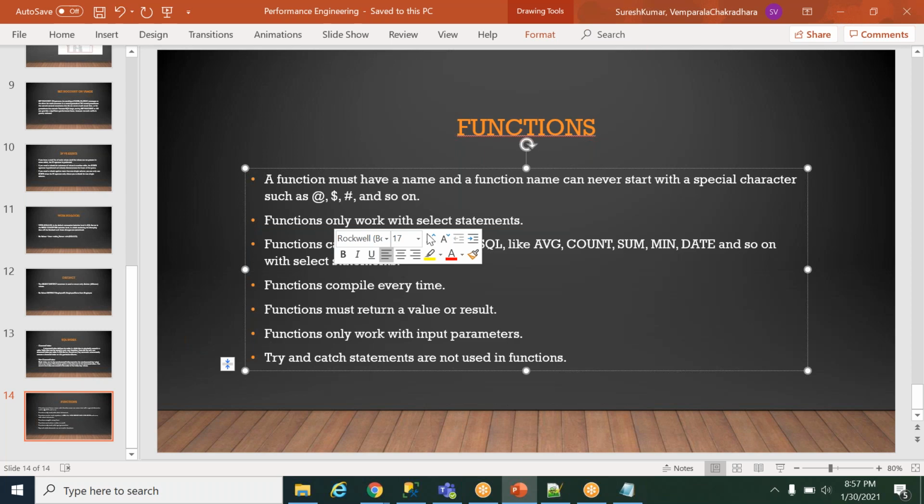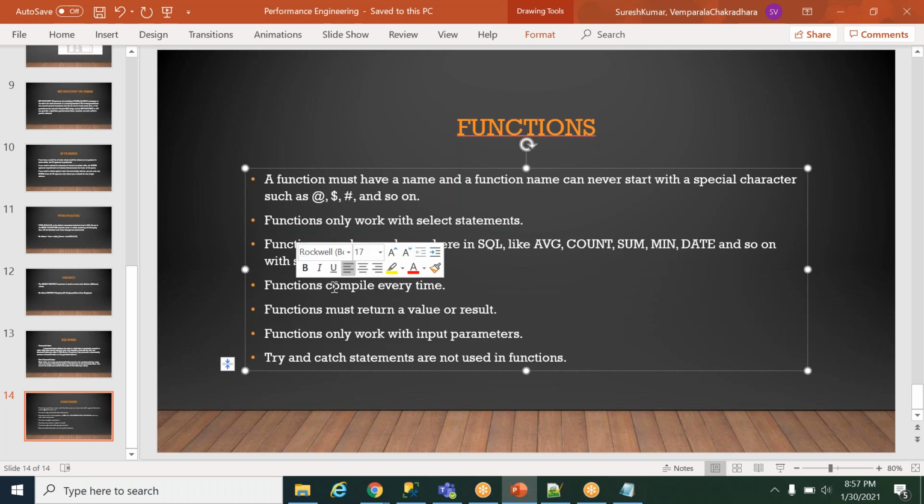These transactions will not be there in functions. And functions can be used anywhere in SQL, like average, count, sum, minimum, date, and so on, with select statements only. Average, count, sum are the aggregate functions.